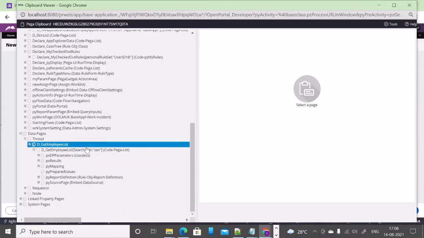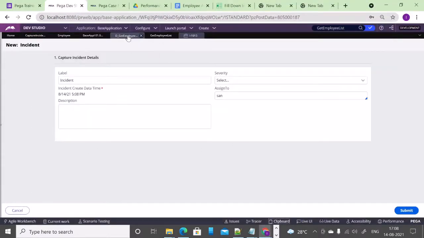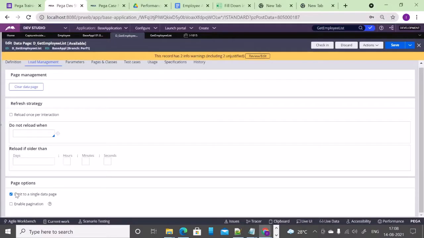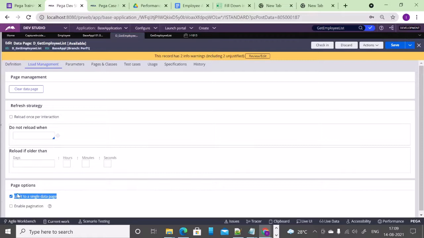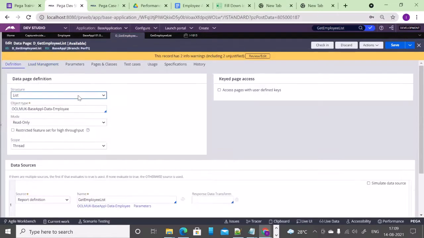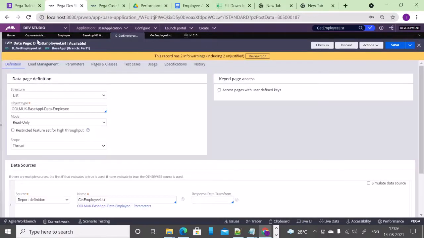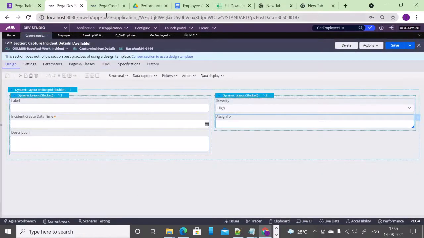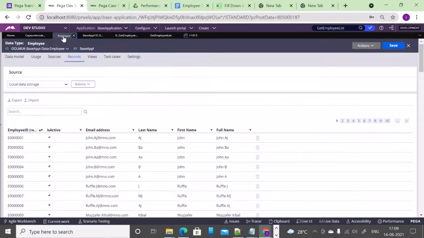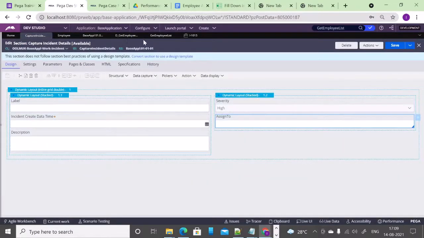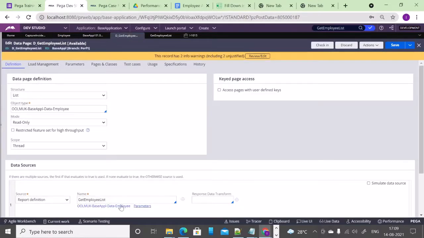Okay, that's good. So don't ignore this, try to put some thought into whether you want to maintain multiple data pages for each parameter. If not, just check this. Now when I go to the report definition, the data is getting displayed and so on, but still there was a warning in this particular report definition.